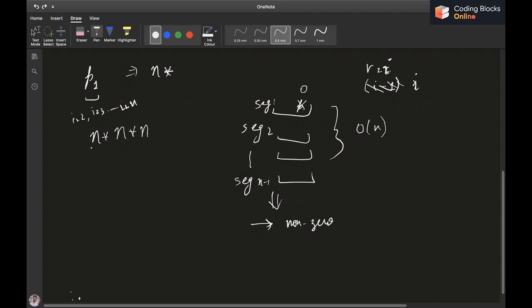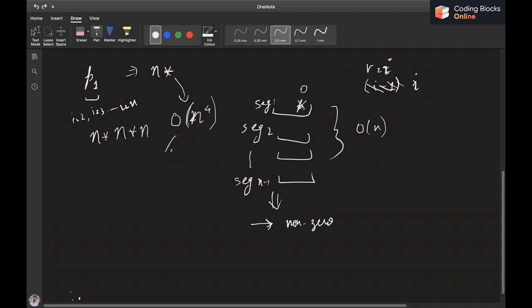So the time for each fixed first value is n cubed, into n, which means the overall time is going to be big O of n raised to power 4, plus also the time for checking if a permutation is a valid one or not. Let's ignore that for now, we'll see how to do that in the later part.